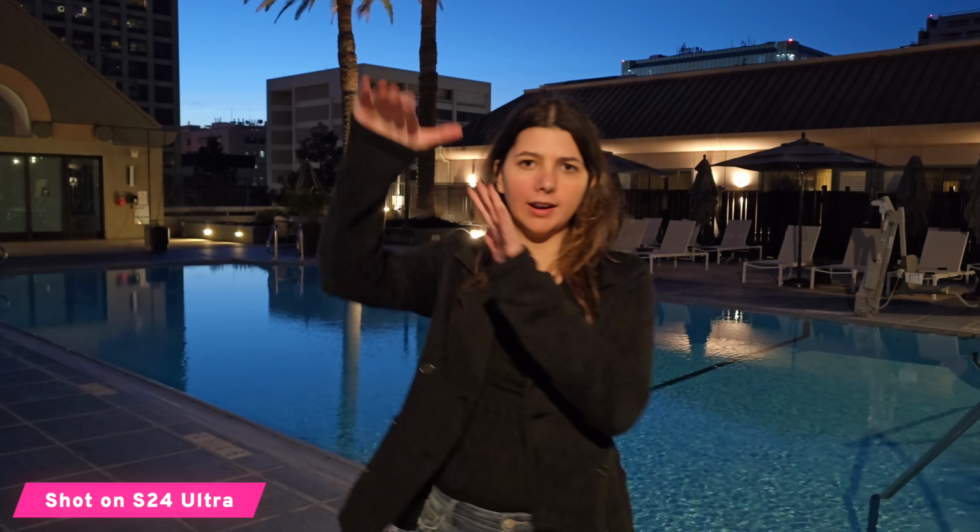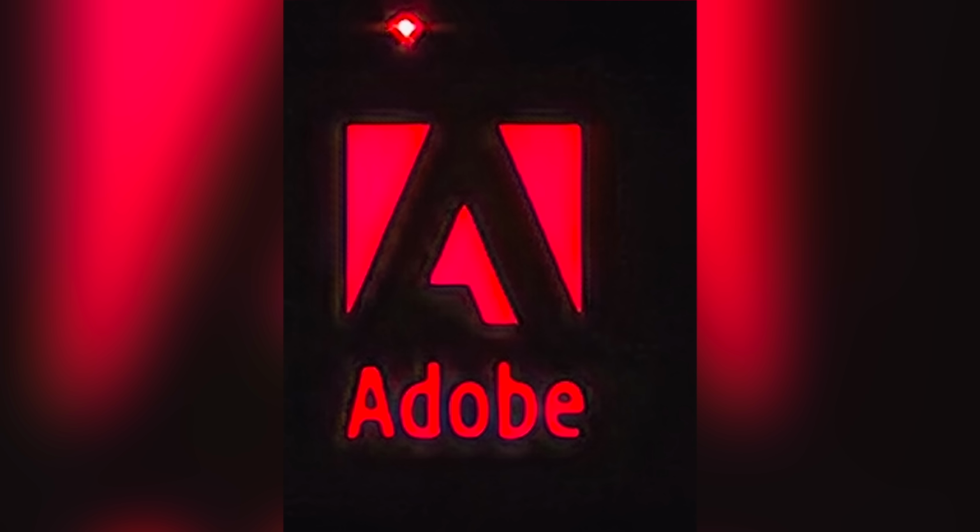At the pool, it's absolutely beautiful here. And this is a really good test of low light performance on the S24 Ultra. Camera is by far one of the areas that they focus on the most. I feel like if we were to break it down, it's like AI, software features, and then camera features. And low light performance matters a lot, especially when you have a very high megapixel lens, which can be great for detail in good light, but can sometimes fall apart in low light. So that's gonna be this test, and while we analyze the video quality, I'm gonna walk around the pool a